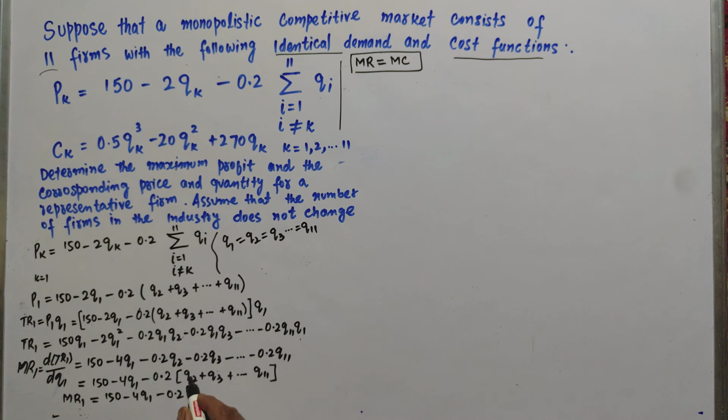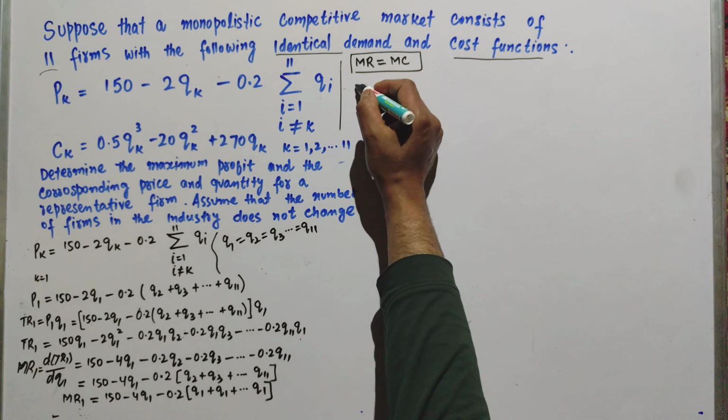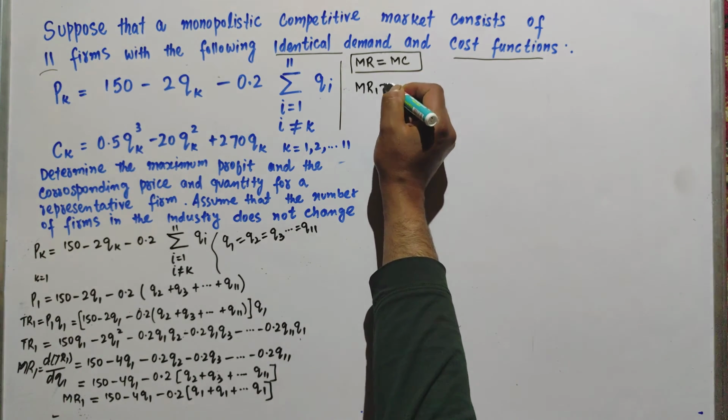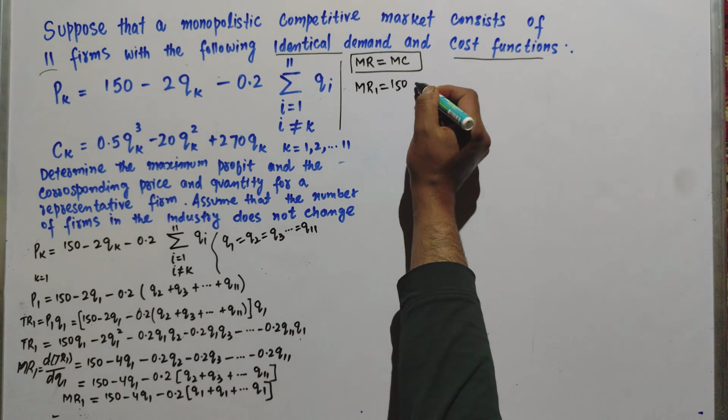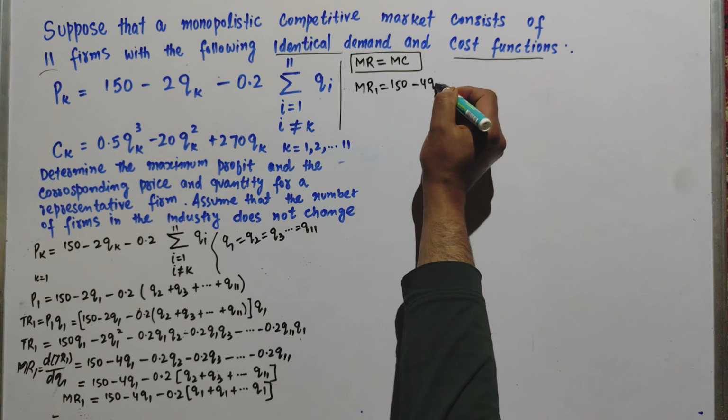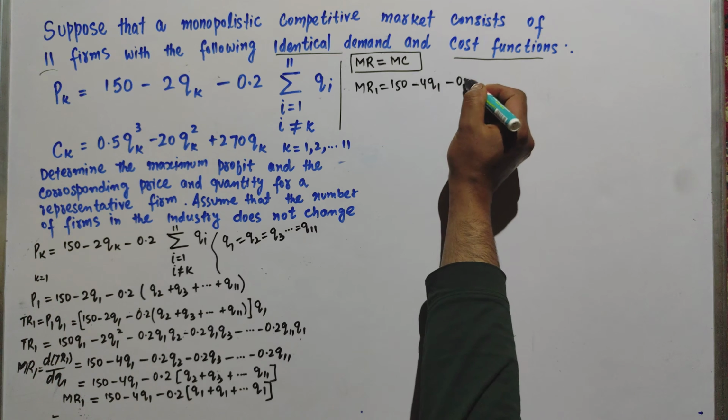So can I write in this place Q2 is Q1 and in this Q3 is Q1, so on up to in place of Q11 also we have Q1,